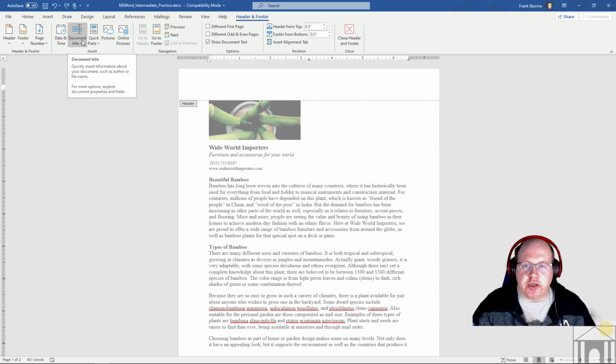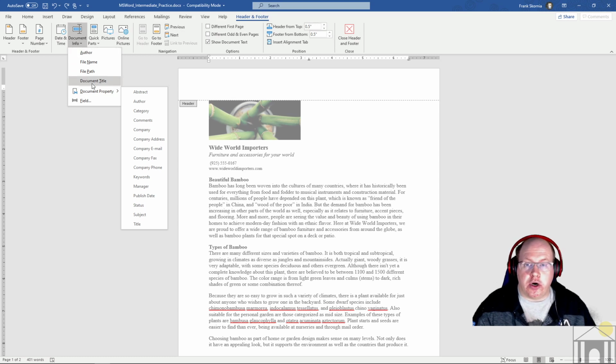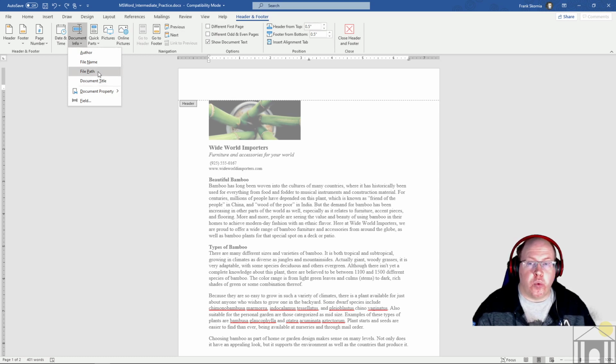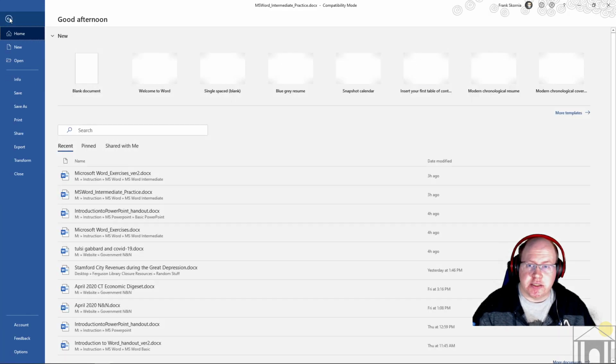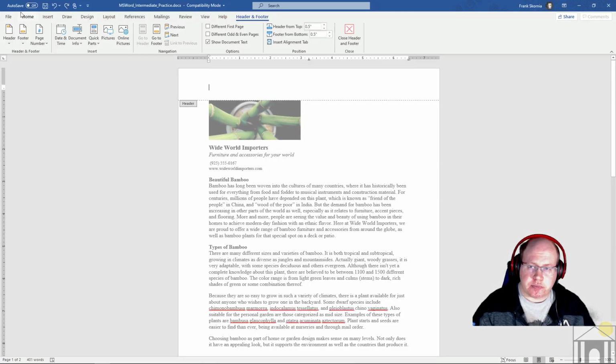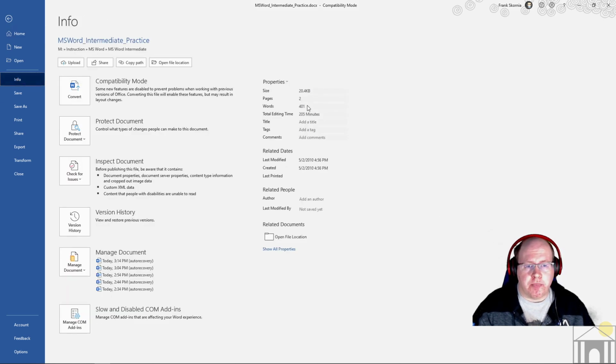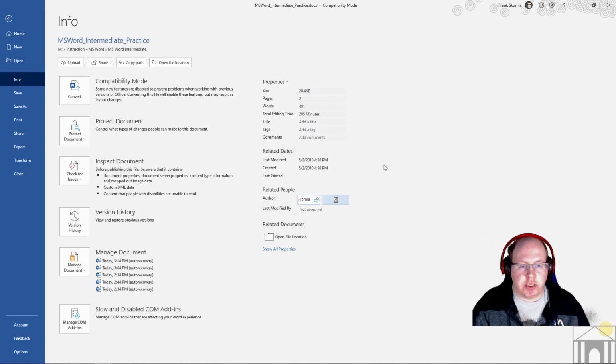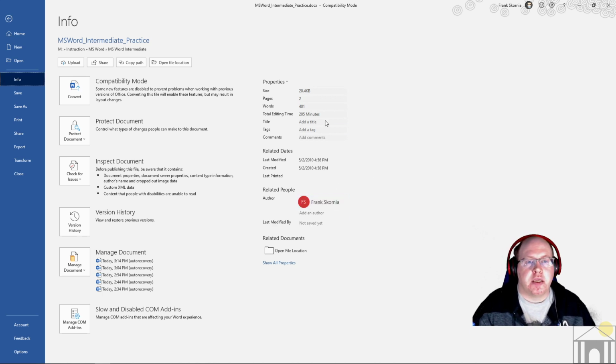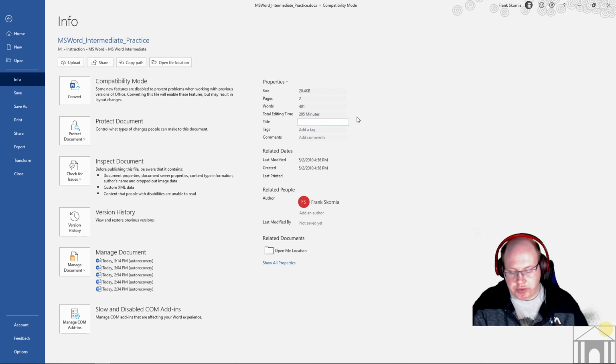The next one over here is Document Info. So things like author, file name, file path, document title. Where it gets this information from is the Info page. If I go to the File tab on my ribbon, go into the Backstage view, remember the Backstage view, and come down to Info, this is all available over here. So for example, the author, you can actually put in who the author is. In this case, if I put in Frank Skornia, it shows my author added in. I can put in the title, this is Intermediate